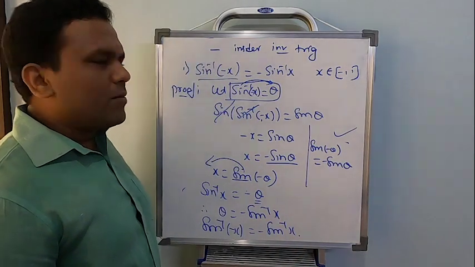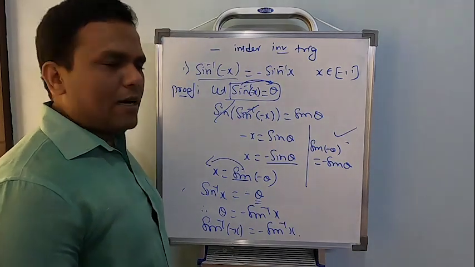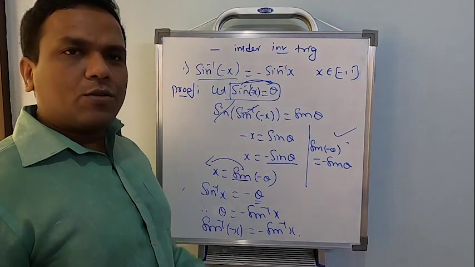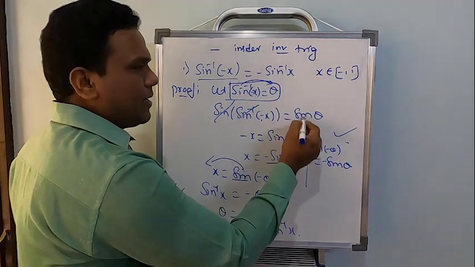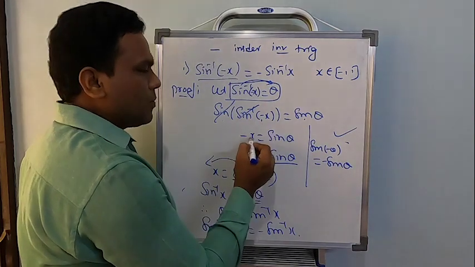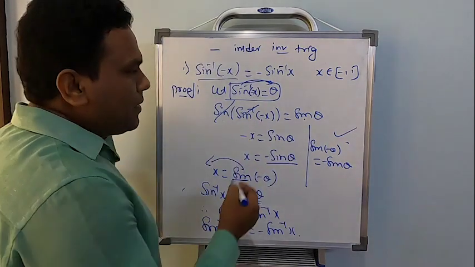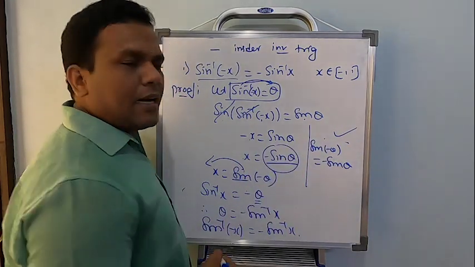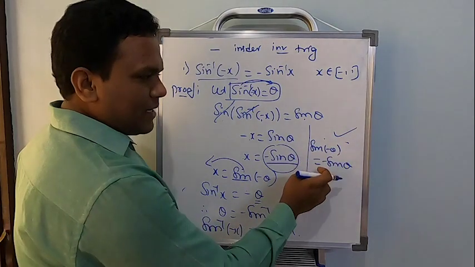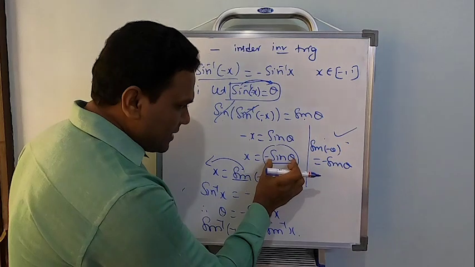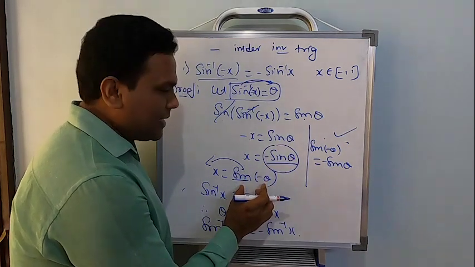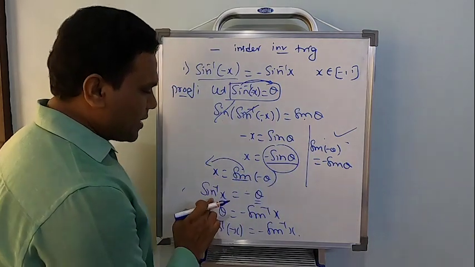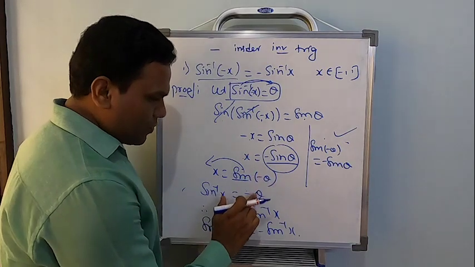A simple property, if you can remember shifting, and if you can remember one allied angle formula like this. So start from the left hand side. Let sine inverse of minus x equal to theta. Therefore, applying sine on both sides, minus x equal to sine theta. Then multiply by minus, this will become x equal to minus sine theta, and for minus sine theta apply an allied angle formula. Sine of minus theta can be written as minus sine theta. So minus sine theta is replaced by sine of minus theta. Shift sine to the left side or apply sine inverse on both sides. So when I am shifting, it becomes sine inverse. So sine inverse x equal to minus theta.